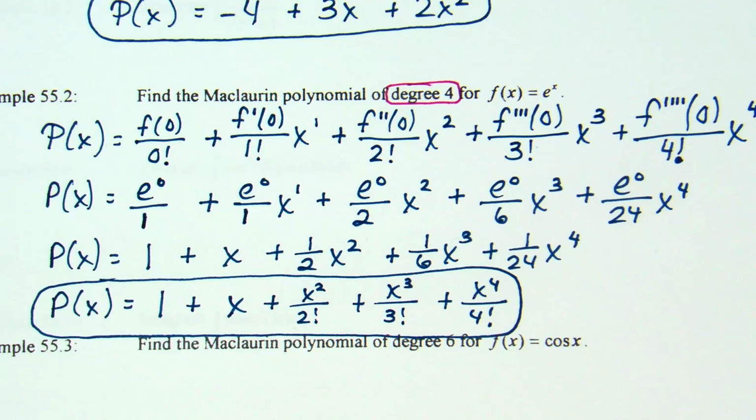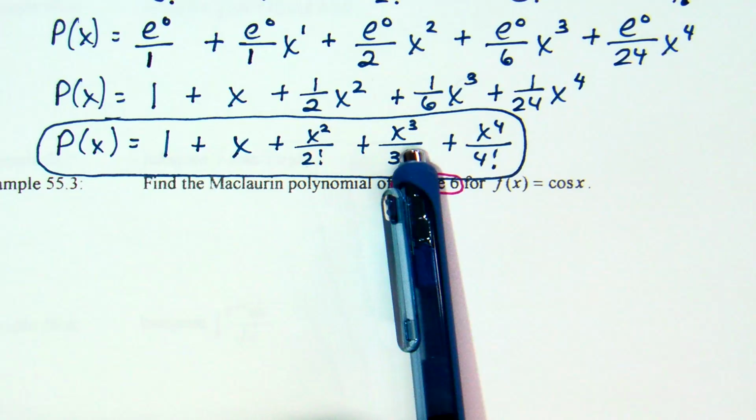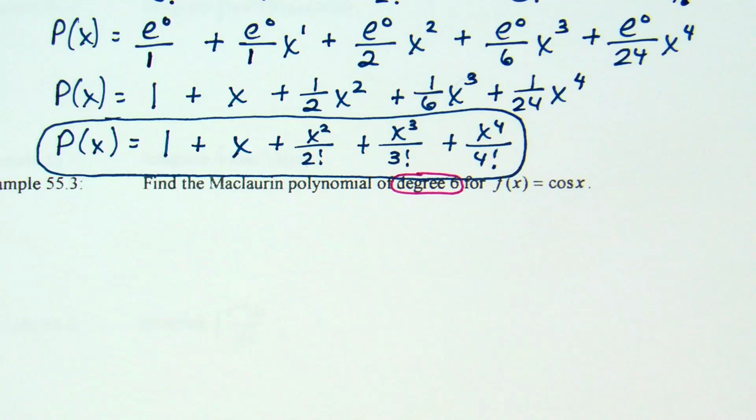Example 3. Find the Maclaurin polynomial of degree 6 for f of x equals cosine x. And keep in mind, guys, the polynomial that we just used was an approximation of e to the x. This is going to be an approximation for cosine x. Now, what's going to happen when we take the derivative of cosine x? Is it going to be the same thing over and over like e to the x was? No, we're going to need the first 6 derivatives of cosine x, aren't we? And